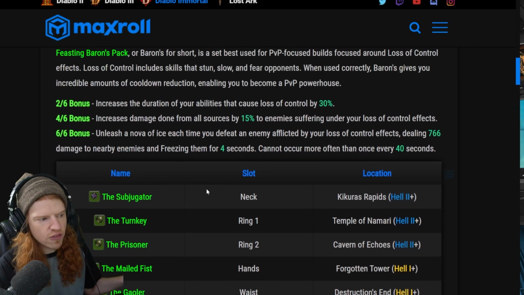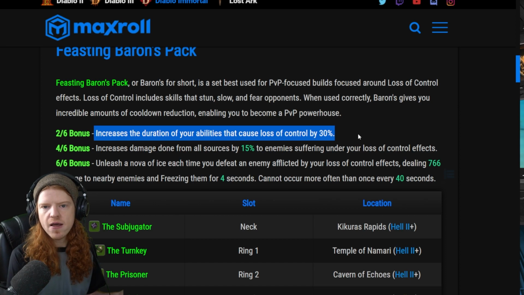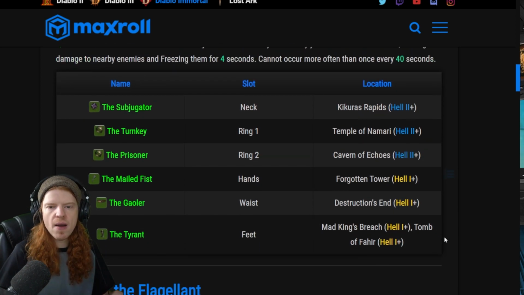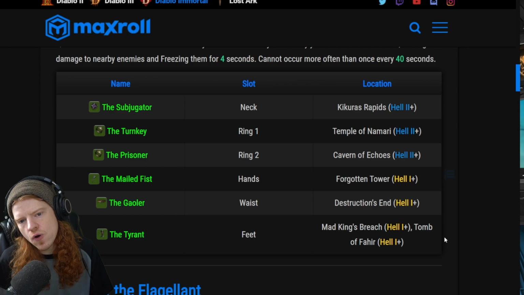Now, not all of the set bonuses require a 6-man bonus. You can see even as soon as having 2 of the pieces of bonus, you can already get some significant buffs. So what does that mean? That means as soon as you hit Hell 1, it's probably best to go to the dungeon, try to at least get a 2-piece set bonus, and then wait till you can get to Hell 2 to be able to